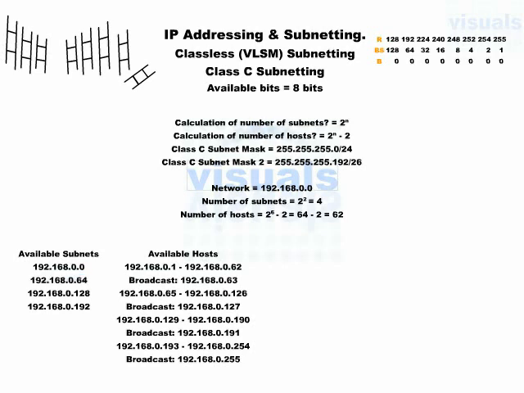Valid host range is from .65 to .126. Broadcast address is .127, and the next network address is .128. For this network, the valid host address range is from .129 to .190. Broadcast address for this network is